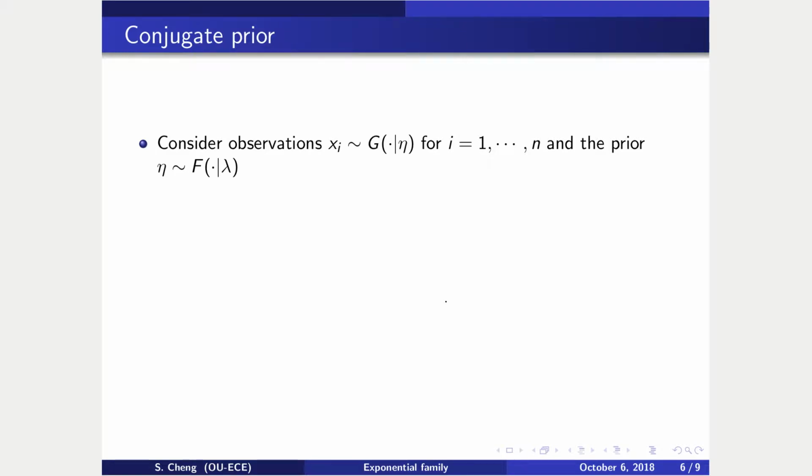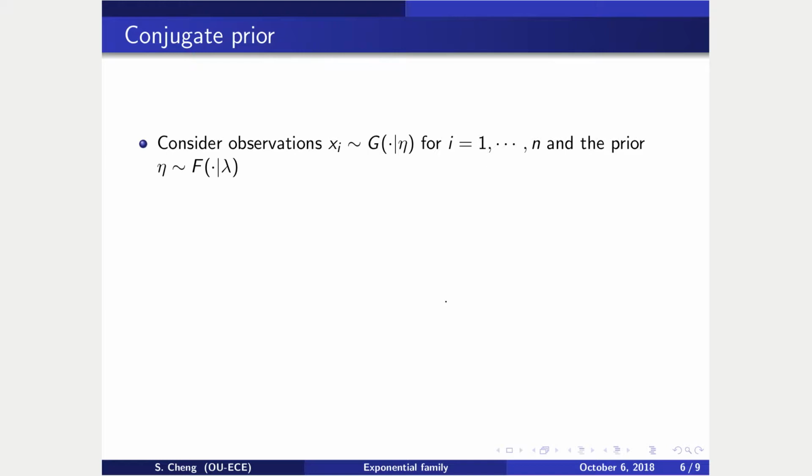Before I continue with the example, of course, people study the exponential family also because it's really powerful in Bayesian inference, in that every exponential family basically has a conjugate pair. And what a conjugate pair means in Bayesian inference is that